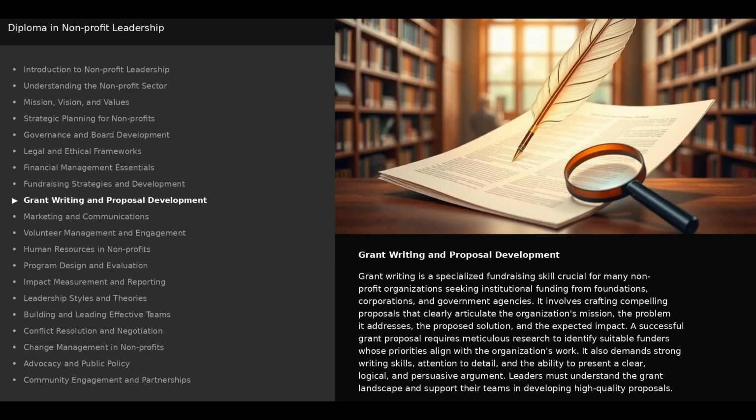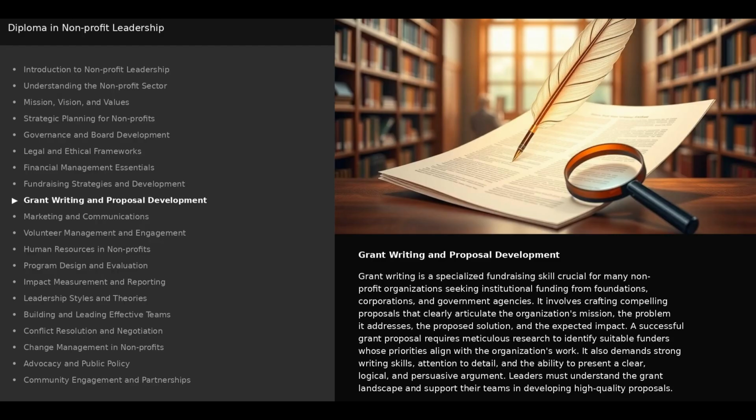Grant writing and proposal development. Grant writing is a specialized fundraising skill crucial for many nonprofit organizations seeking institutional funding from foundations, corporations, and government agencies. It involves crafting compelling proposals that clearly articulate the organization's mission, the problem it addresses, the proposed solution, and